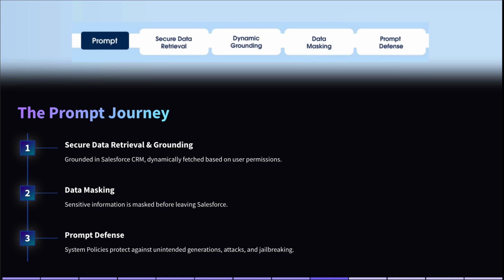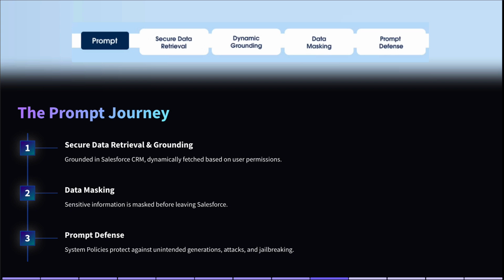So first, the prompt journey happens. Now this begins with data retrieval grounded in Salesforce data. It ensures that the data is dynamically fetched based on user permissions, and sensitive information is masked before the data leaves Salesforce. Now, system policies are used to protect against unintended, harmful generations or attacks such as prompt injection attacks or jailbreaking,